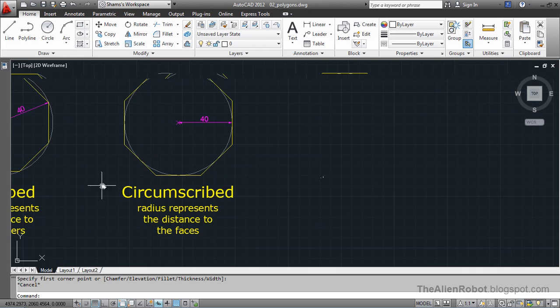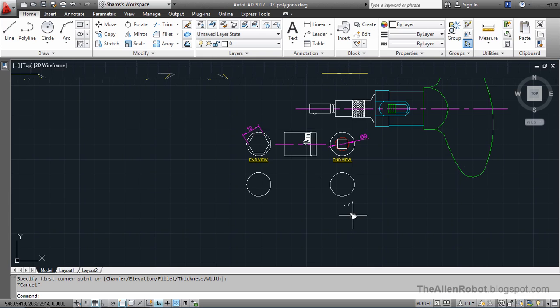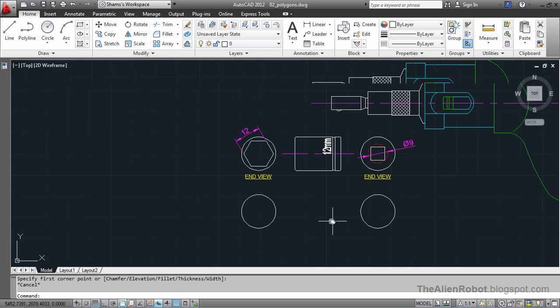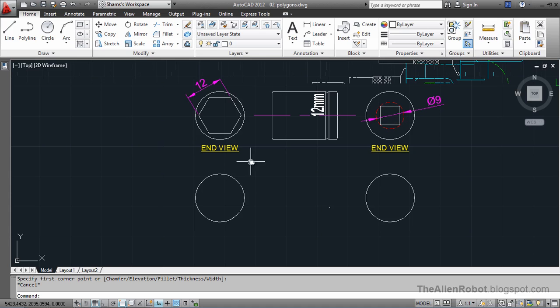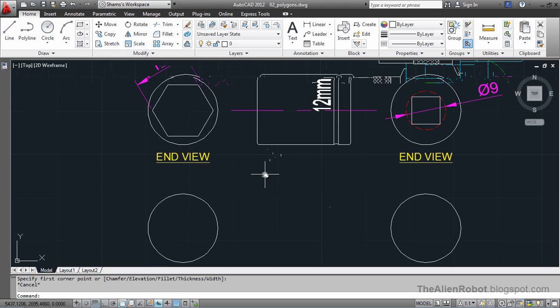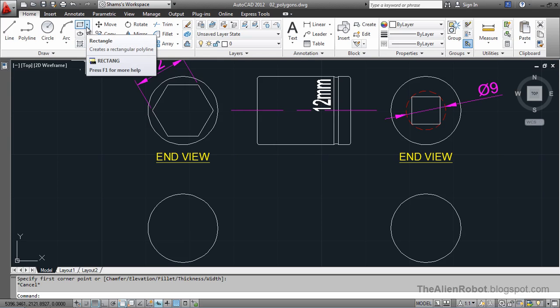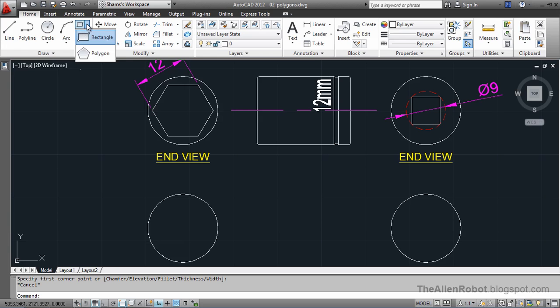let's pan a little bit more, and we're going to recreate or create some polygons inside of this for this socket. Pan a little bit more. Now I'm going to launch my polygon command here, and it's where the rectangle command is. I'm going to click this little fly out of here and select the polygon, and here we're going to